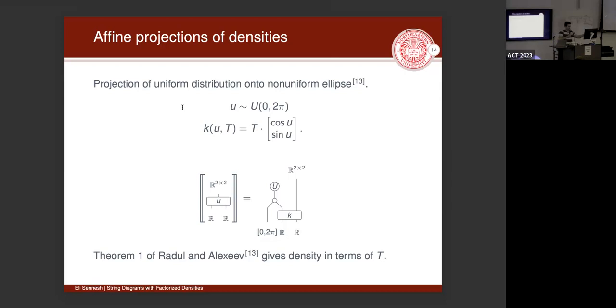There's actually a bit of a typo here where it should be R2 as the output, but anyway. Now you have a stochastic point on the circle. And since you have this transformation T, the point here is that if it's a transformation other than a scaling, then you don't just have some scaling of the uniform density function. So here's where it's actually useful to say, on the left, I have how I write this in DiffJoint. It's just one box in a diagram.